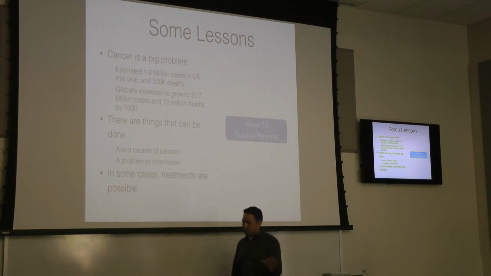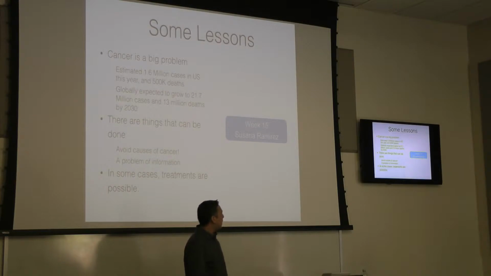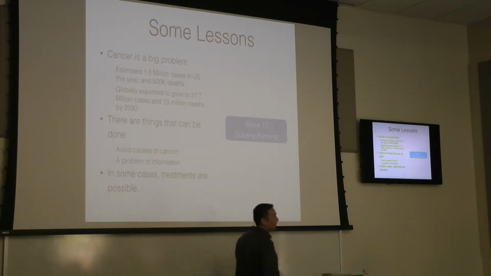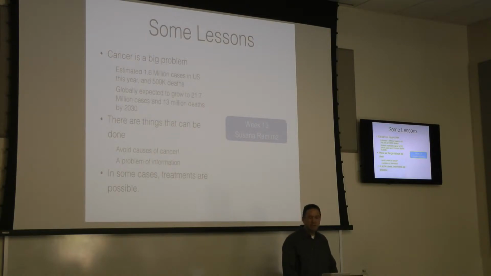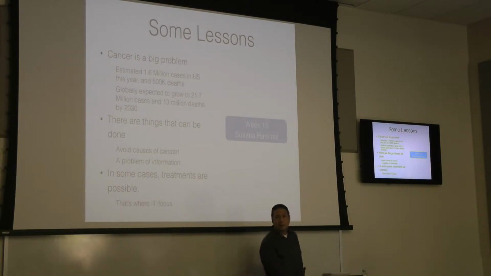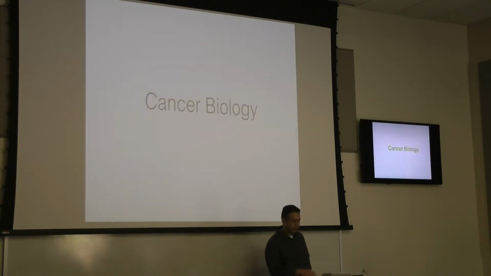All right, so I'll focus on treatment, I think that's the biggest ROI there, and in some cases treatments are possible. As I said, testicular cancer is considered by some to be treatable, as are some kinds of leukemia and some kinds of breast cancer. So that's what I'm going to focus on. How can we accelerate progress in that? Once you find out the terrible news that you've got it, are there things we could do to make it more likely that something can be done to attack it?